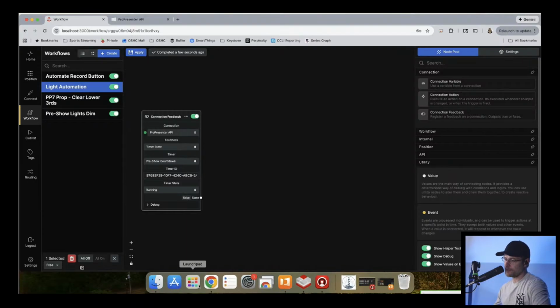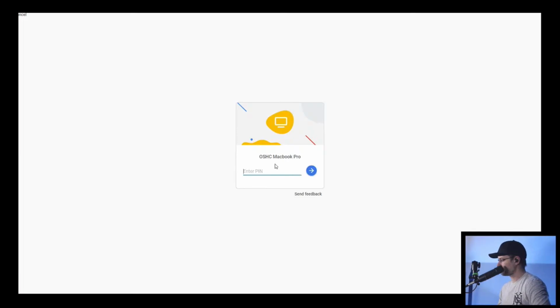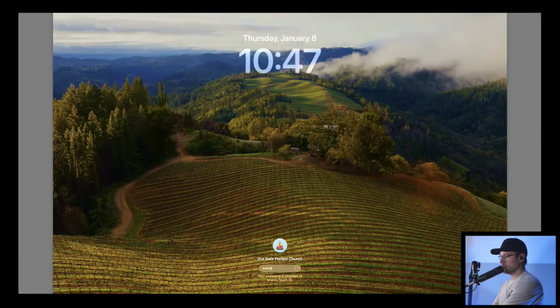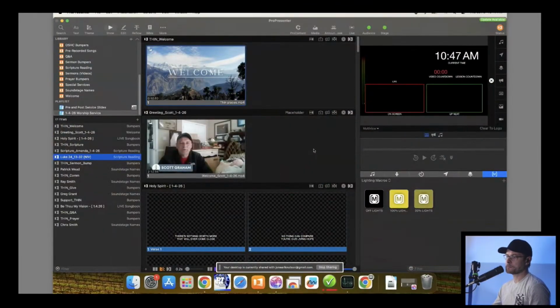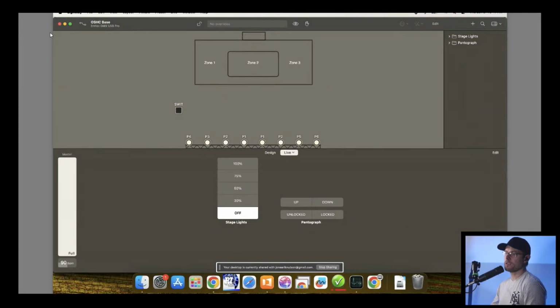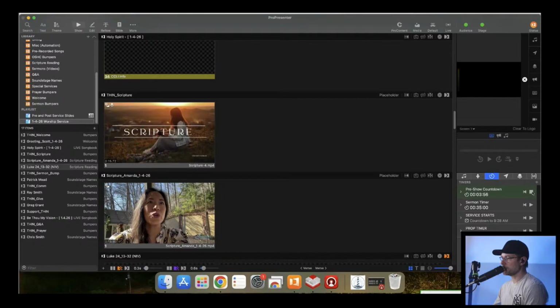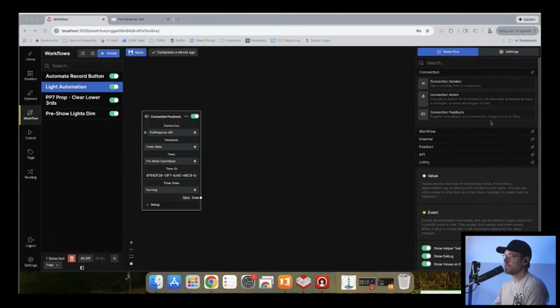And I also need to probably turn the lights on, because let's go here. Let's open up the other machine, which is where Light Key is. All right, this machine is where Light Key is. Probably set them to 30%. There's Light Key. Oh no, they're currently off. Okay, so we will just keep that handy. Now we're going to go ahead and stop the timer for the time being. Reset. Okay, pre-show countdown.